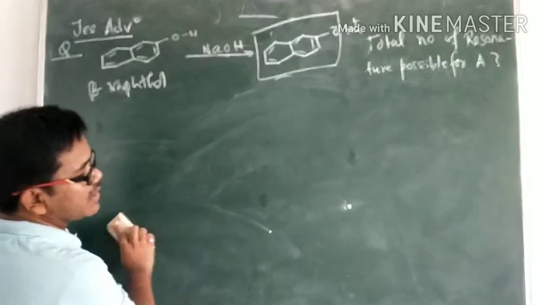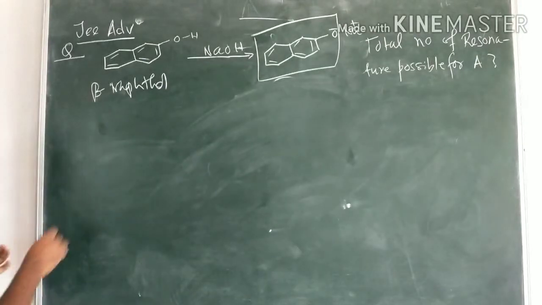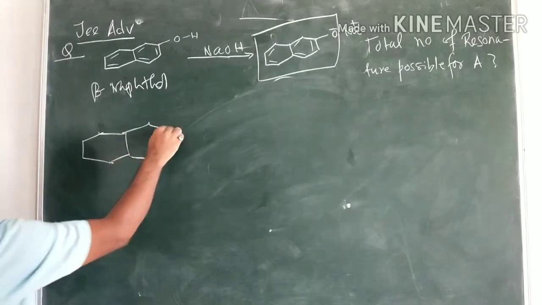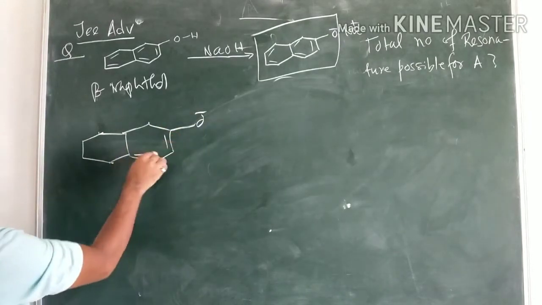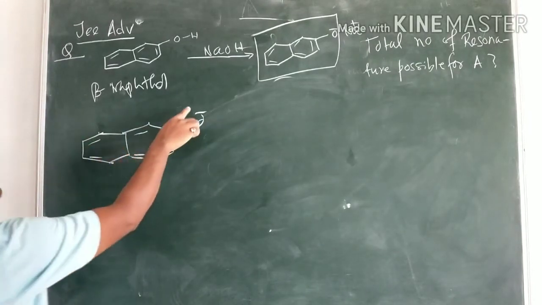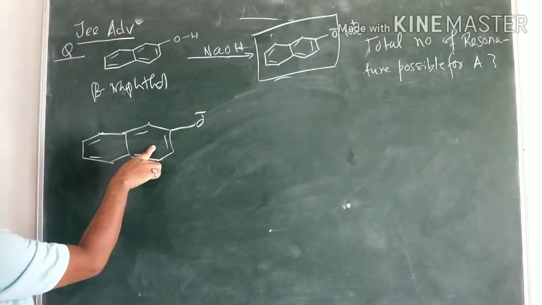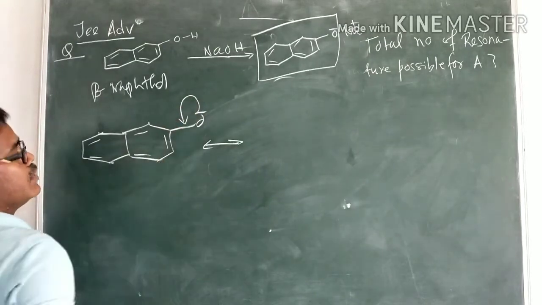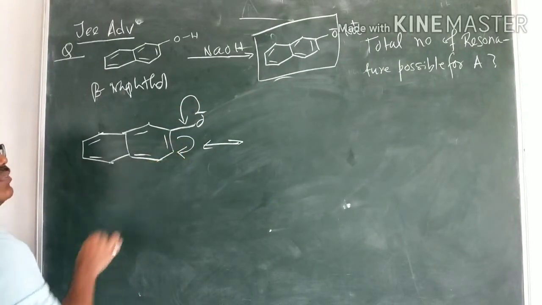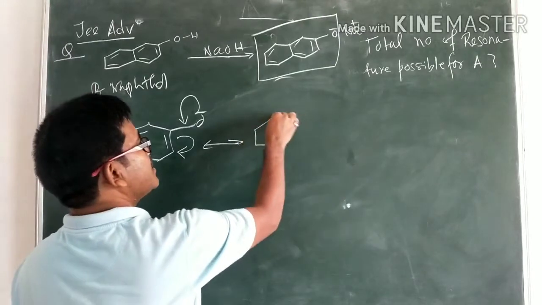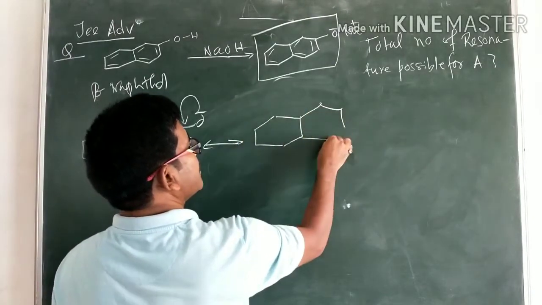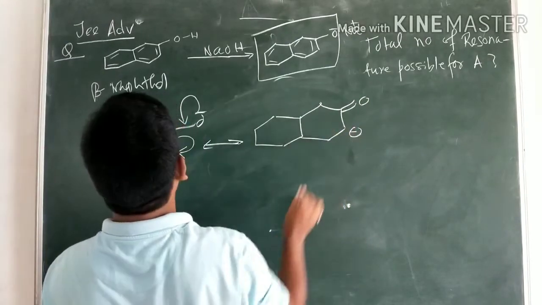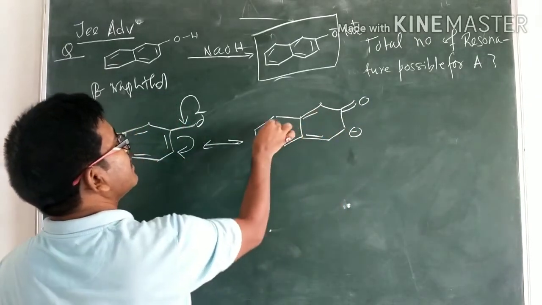How to calculate the total number of resonating structures? The first molecule is this. We will start from this initial molecule. We need to see the conjugation. Here there is a negative and pi bond conjugation. Therefore, the second resonating structure will be like this. This negative will form the double bond. These double bonds will make it negative. Therefore, the second structure will be like this. Here double bond. This carbon will become negative. Other bonds remain as they are.